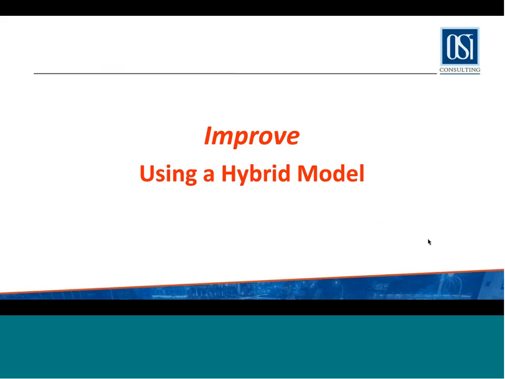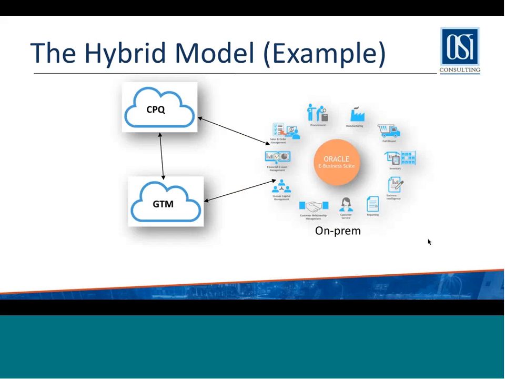Now the next approach, what I call improve, or the hybrid model. And this has been pretty popular with many of our customers. This is the easier approach where you sort of dip your toe in the water without having to jump in. You can take any module that you're planning to keep on-prem, and depending on how integrated it needs to be with on-prem, you could have that in the cloud and have it integrated. That gives you a flavor of the cloud, gives you the integration challenges without having to risk moving everything to the cloud from EBS.